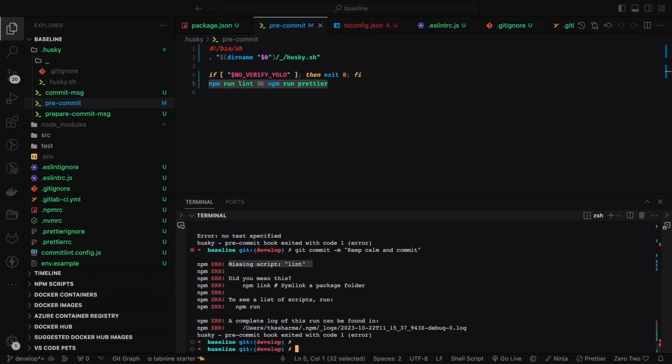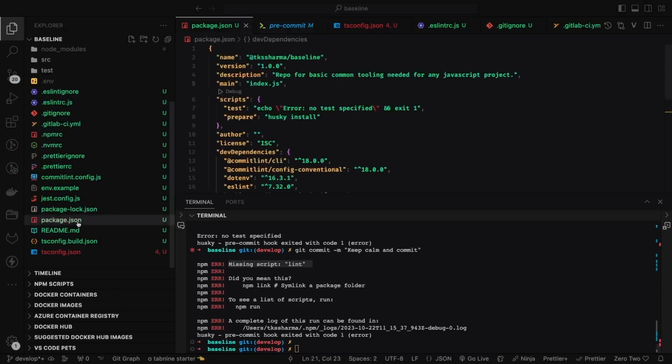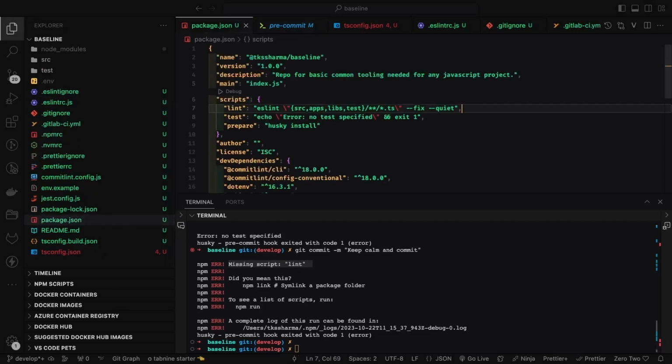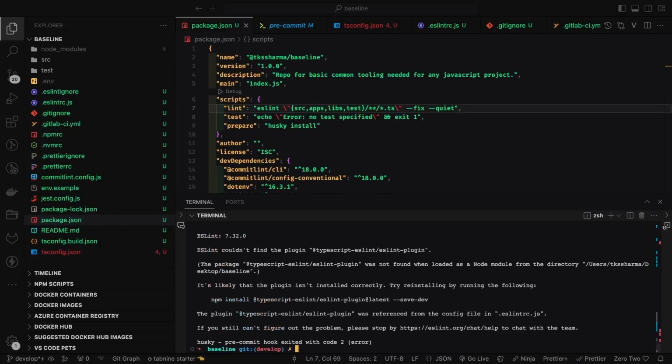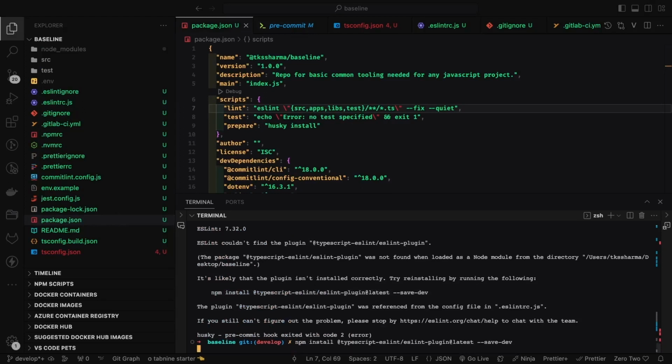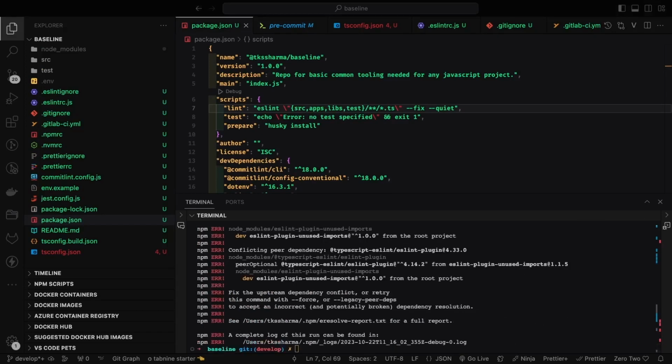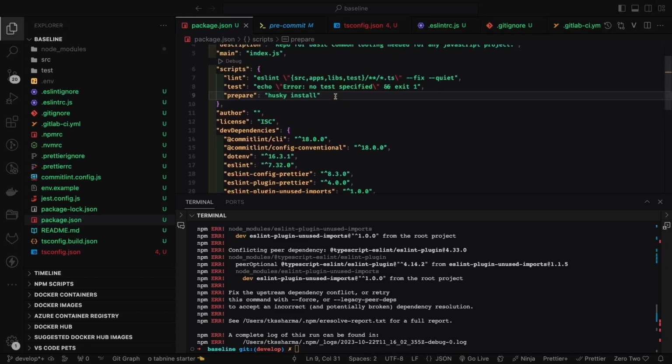So obviously it is running the lint command, lint script, but I don't have it. So maybe I will also populate some scripts inside package.json which is doing a lint. Lint is ESLint. Now I execute it, lint is now running, but I need to install this plugin so that ESLint can run successfully. So I think I need to just play with some versions, and also I need to check if I already have all the required dependencies. I think ESLint plugin I don't have,